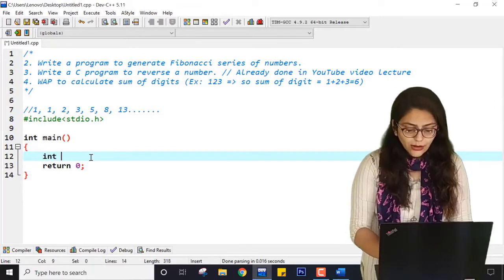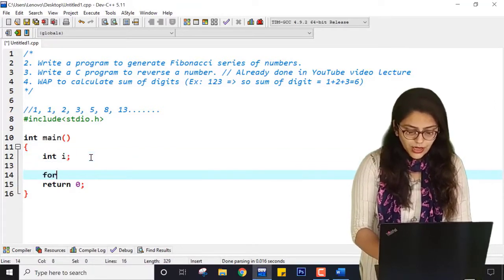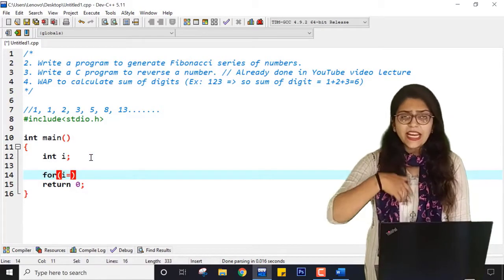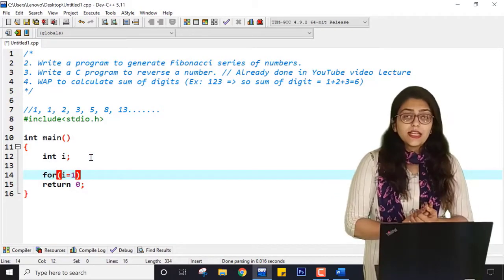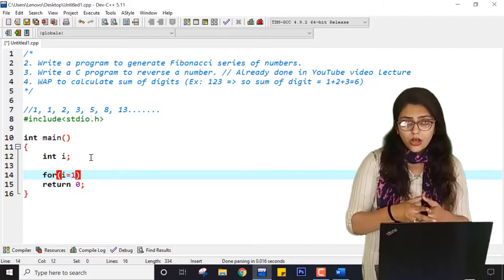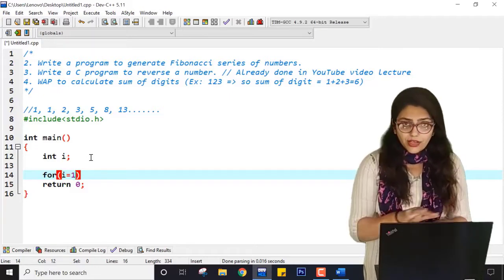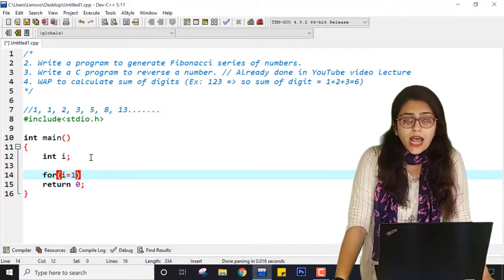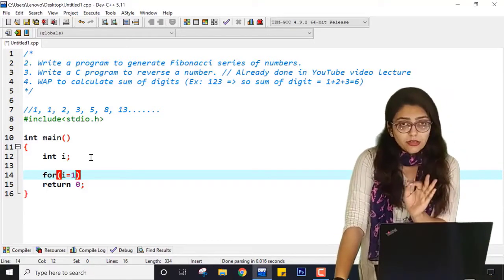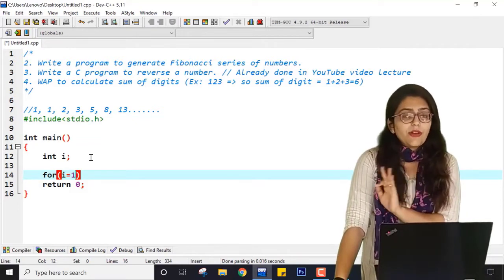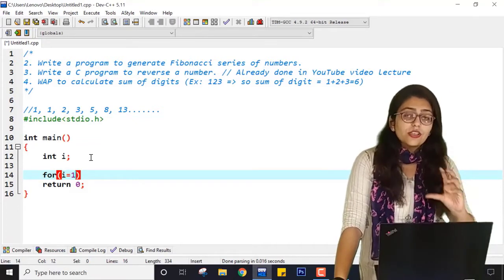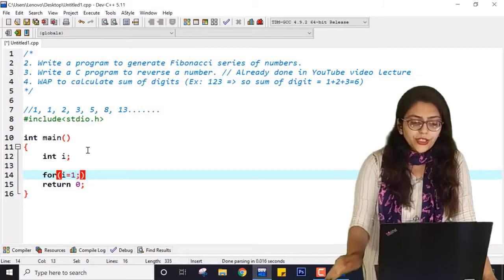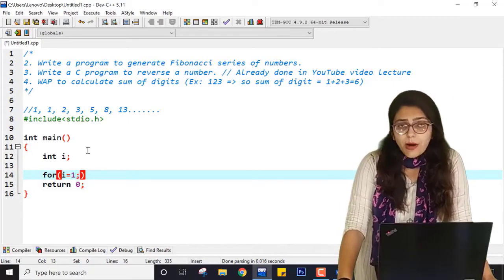For that I have to take one iterative variable. I am taking int I equal to, starting with, I can either start it with 1 or 0. There is no restriction, because in this logic I am not going to use the value of variable I. In some programs we are going to use the value of variable I, at that time initialization matters, but in some programs when we are not using the value of I, we are just using it to count the number of iterations, at that time we don't care about the initial value.